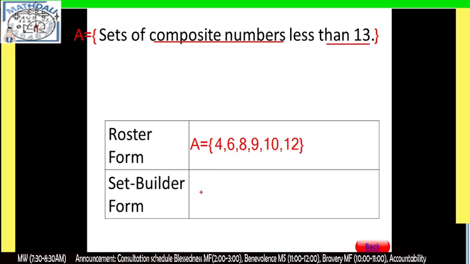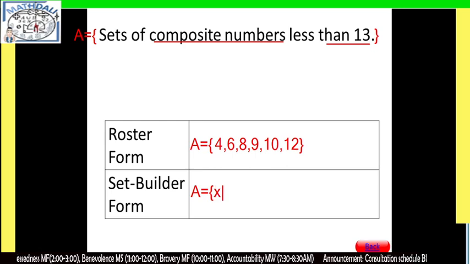Okay, next. How are we going to write that using the set builder? This time, I'm going to use the set builder. So we have set A will be equal to, and so I'm going to represent the element using X such that X is an element.